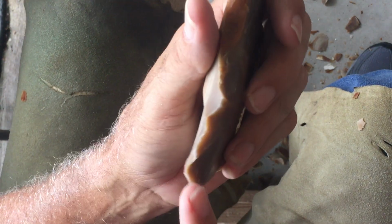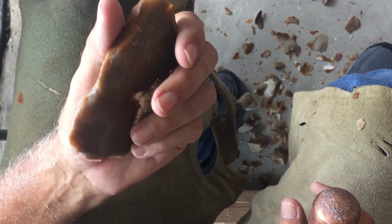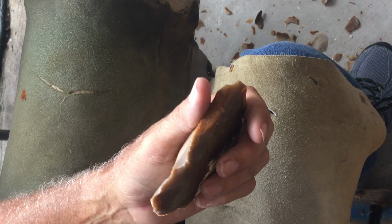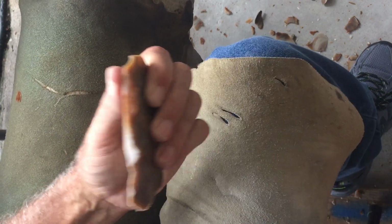So I got it higher though. I went above it and I made a thick enough flake to where it undercut that crap, which is, believe it or not, what I actually planned to do. I should have said it before I did it, so you'd believe me. But all right,